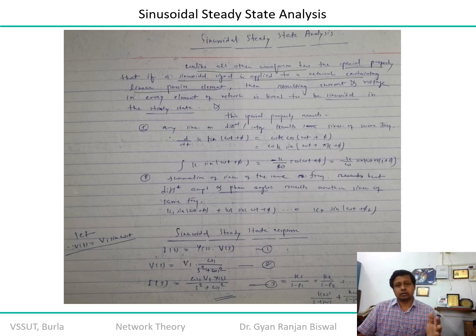So if you collect the first 5 orders, that is 0 as the DC and 1 to 5, then you can collect more than 99% information. That's the good news, but not 100%. So it still has a distortion. Theoretically, I am here assuming that you have a perfect sine wave.